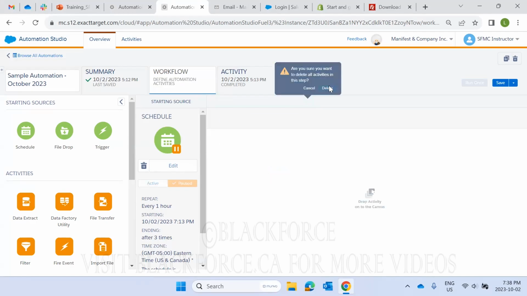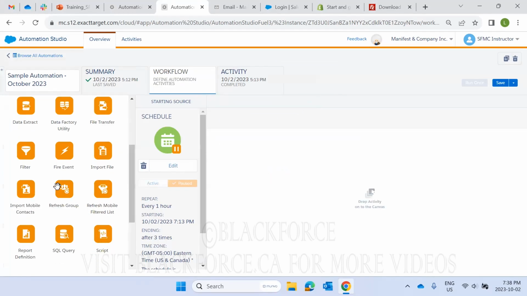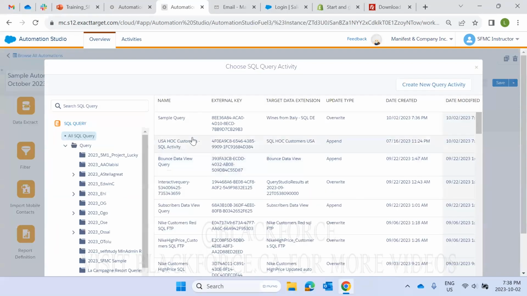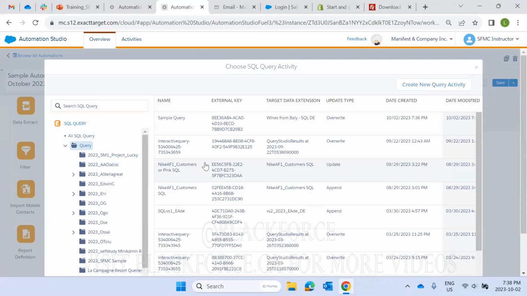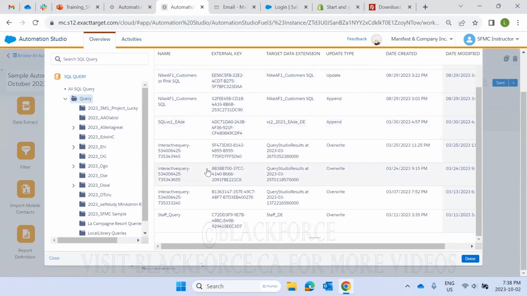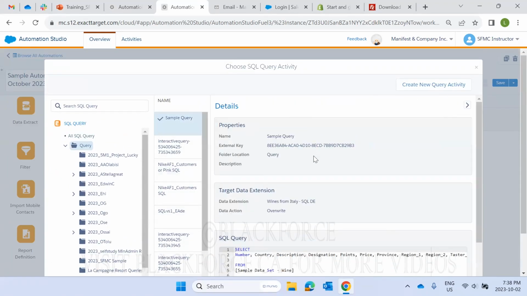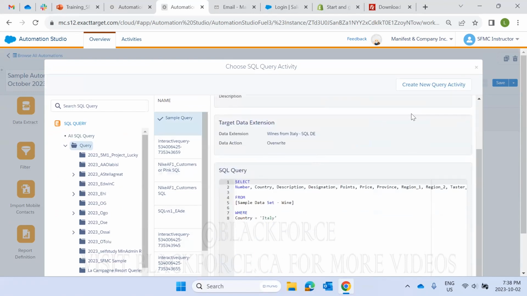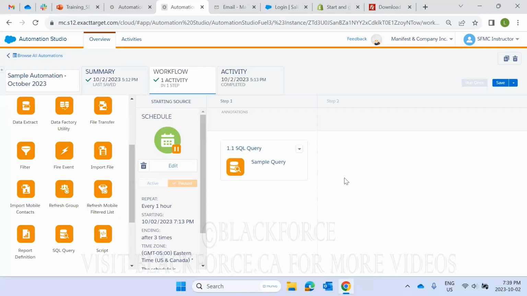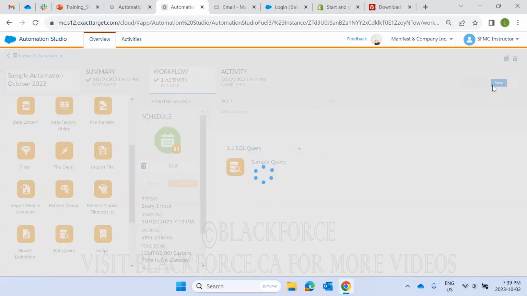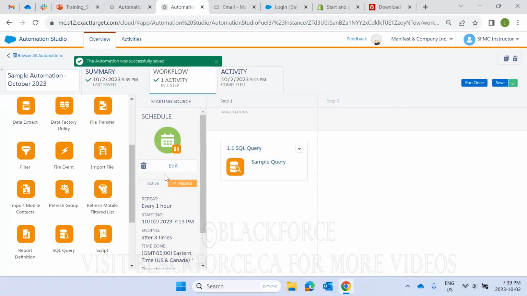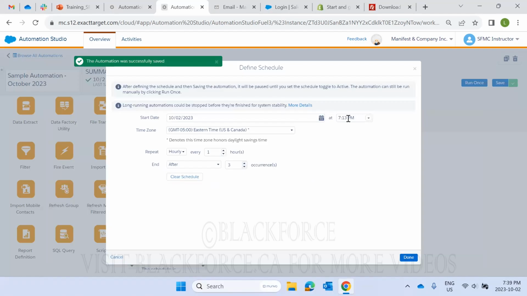So let's go select my query. Good thing is I think my query was saved. It's in this folder. What did I call it? Okay, I think it's saved. There it is. Yeah, that's my query right there. Okay, so we'll save so we don't lose our work again. And then we'll go select